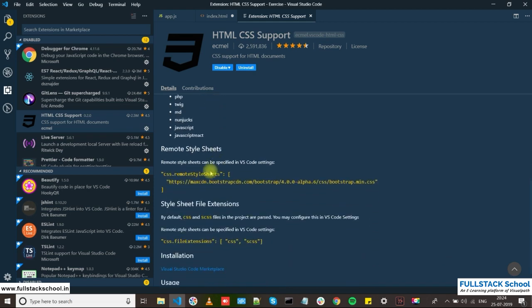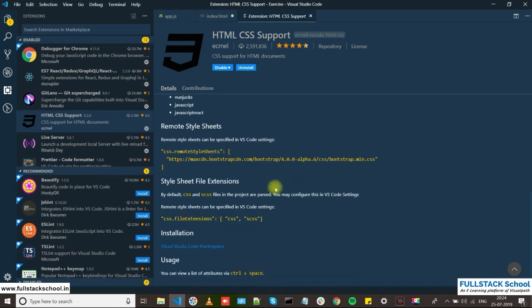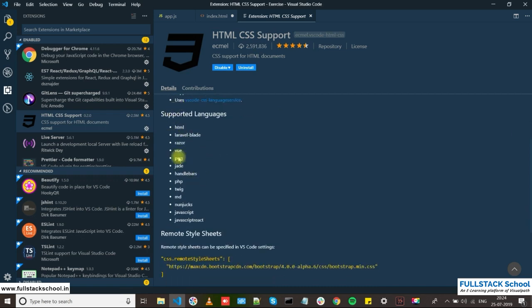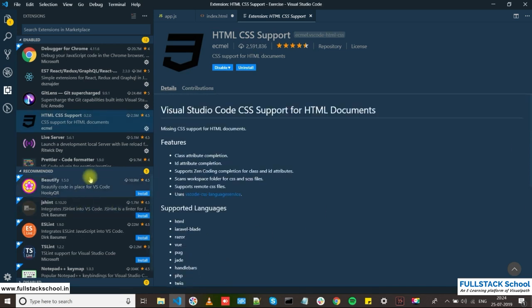Just go through this documentation and you will understand what things will be helpful. It will be helpful for CSS file extensions and so many things. It supports many languages, and it supports JavaScript too. Once you start writing your class, it automatically populates the classes available in your